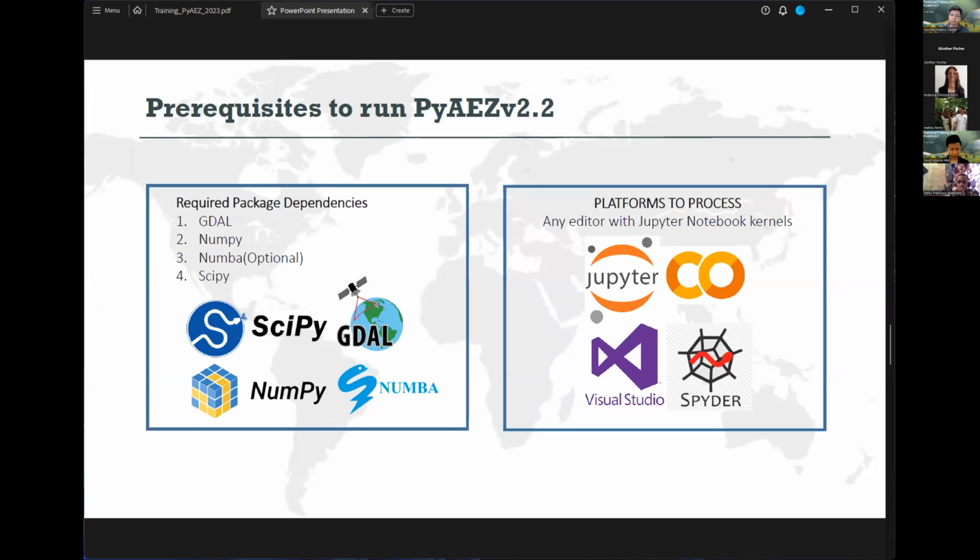We run everything serially, on a single node, and some of our routines are quite computationally heavy, so Numba helps speed up Python calculation. Then we have SciPy for general scientific calculation. For the GitHub repository, we have workbooks in Jupyter Notebook, which I already mentioned are easier for beginners to learn. But if you're more experienced, you can run the code on any code editor of your choice.